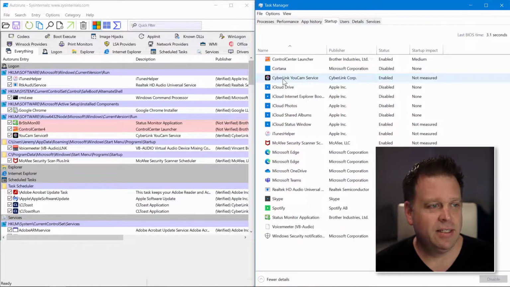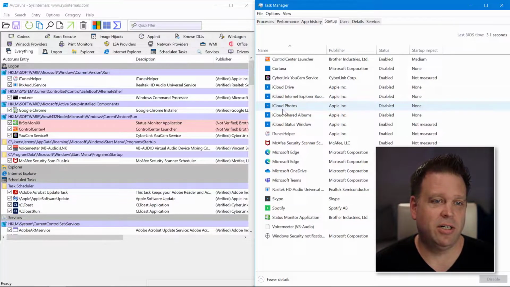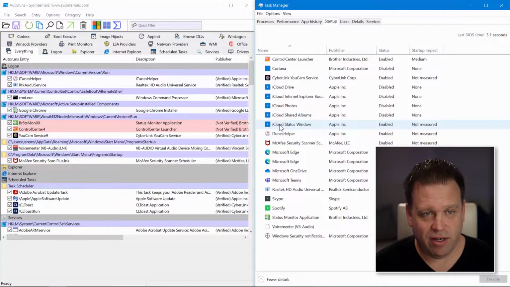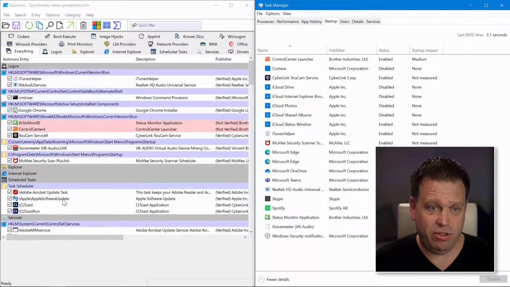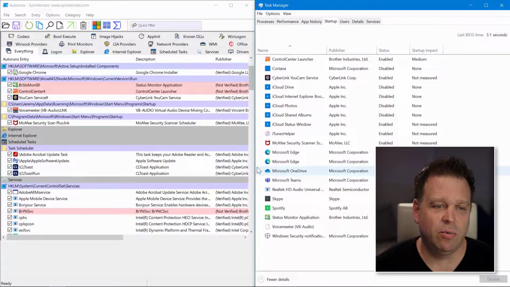There's the Cyberlink UCAM service. Here we can see a lot of the Apple services that are enumerated in Task Manager. For example, we have different iCloud services, also Apple Software Update, which we don't technically see on the Task Manager side of things, because it's from the Task Scheduler, we can't see that service that's basically an Autorun service on Windows.